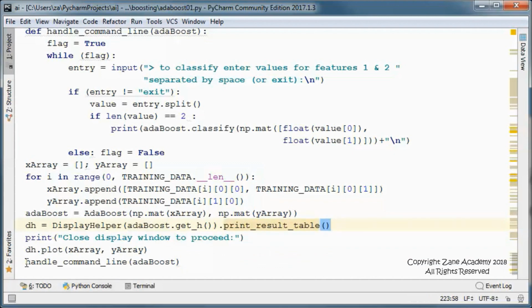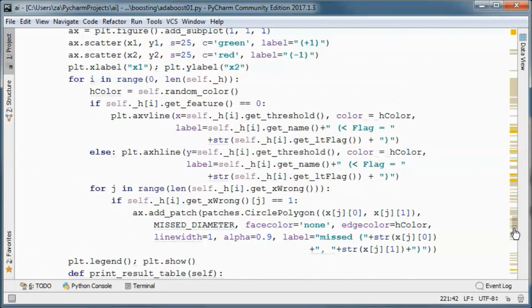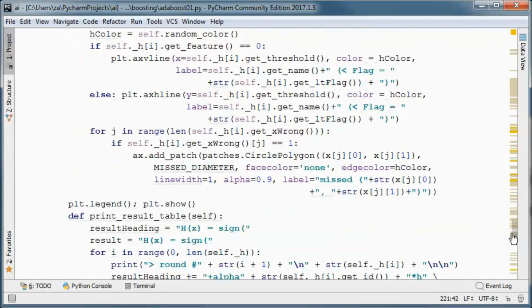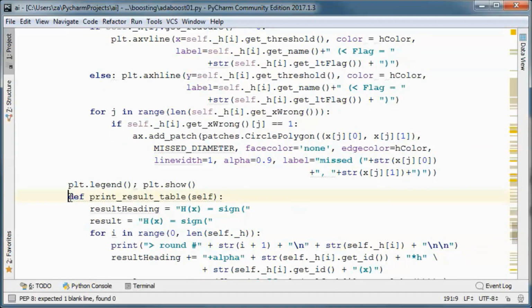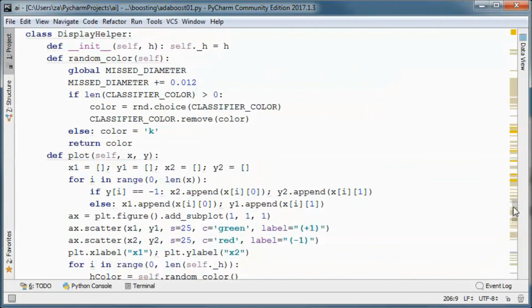And finally we'll call the handle command line method after the user closes the display window. And let's go up here and change the indentation here. So now we have the correct indentation.